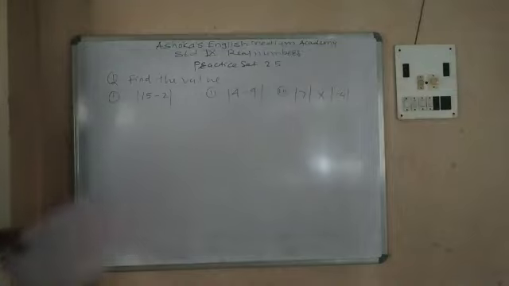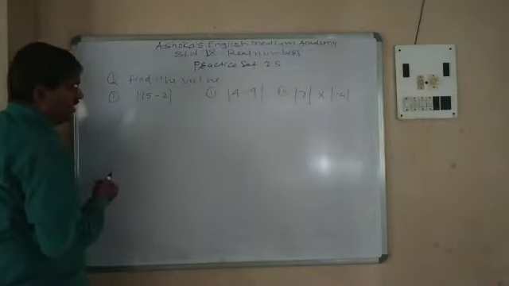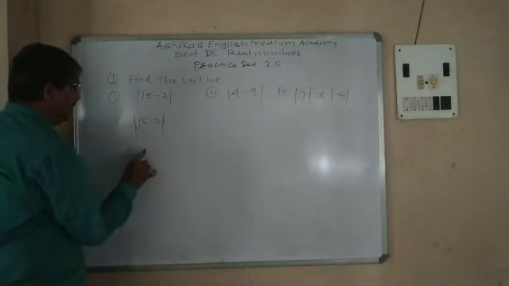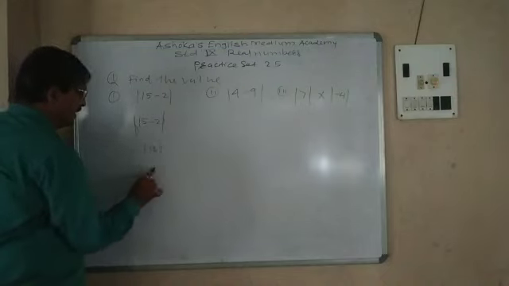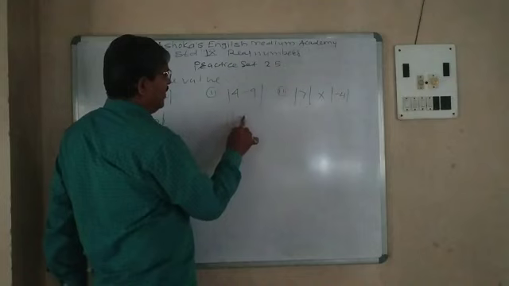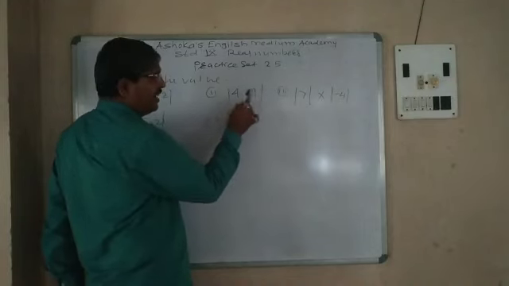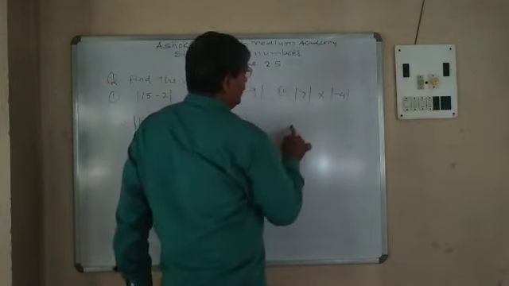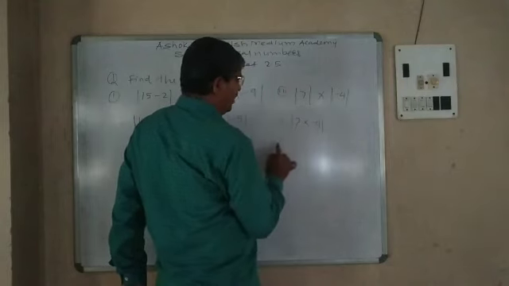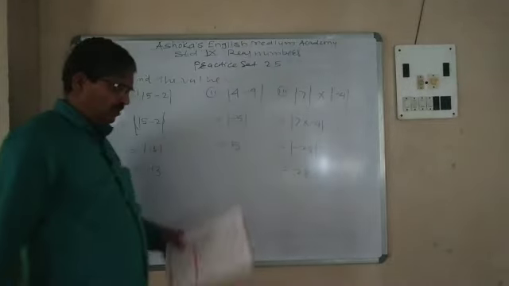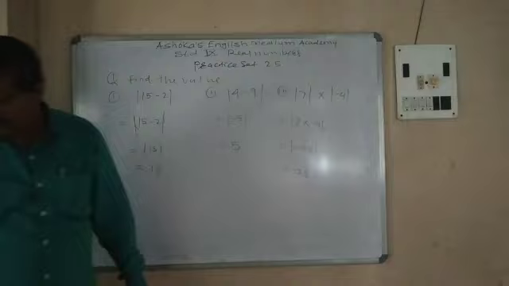Is it clear? Now 15 minus 2, find the absolute value. 15 minus 2 means 13 will come, and its answer is 13. Now in the second case, 4 minus 9 means minus 5, because the greater number is 9 and its sign is minus, but its absolute value is 5. Now 7 into minus 4: first do the multiplication. 7 fours are minus 28. Its absolute value is always positive, that is 28. Now we are entering question number 2.